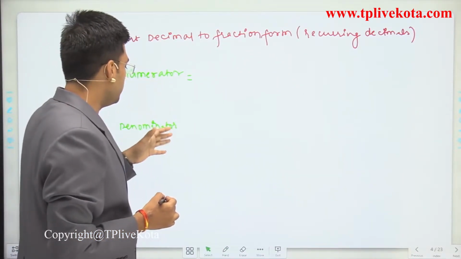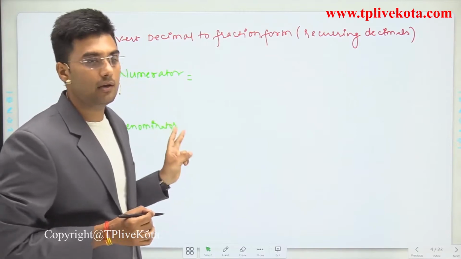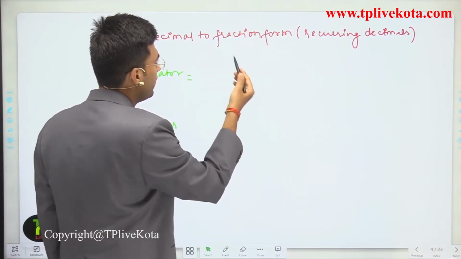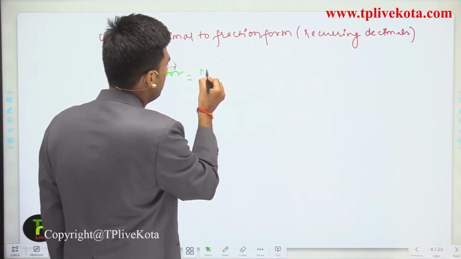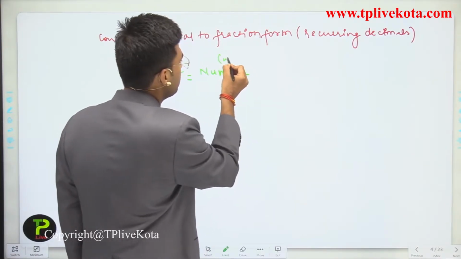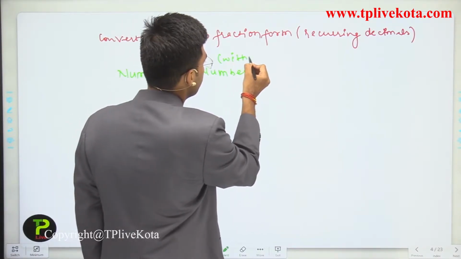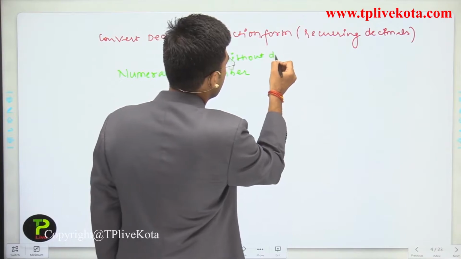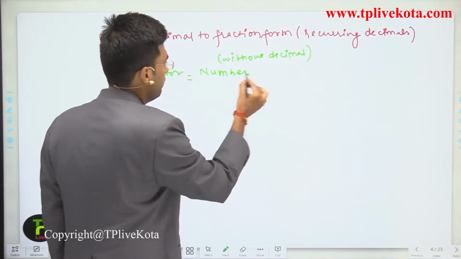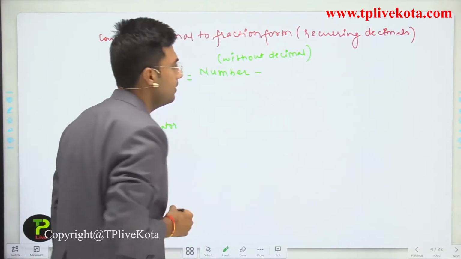For the fractional form, we have to find the numerator and denominator. First of all, to find the numerator, what we have to do? We have to write the number without decimal, minus